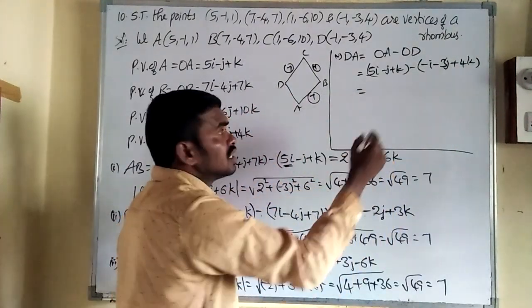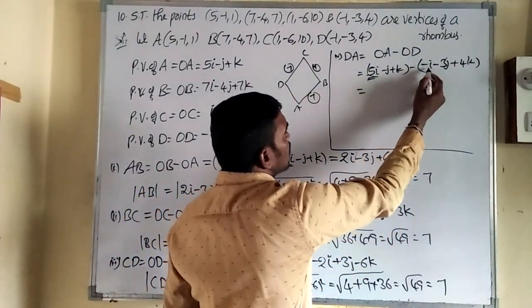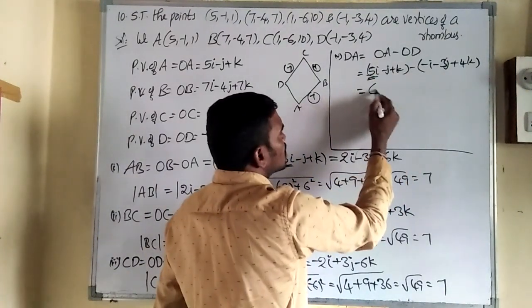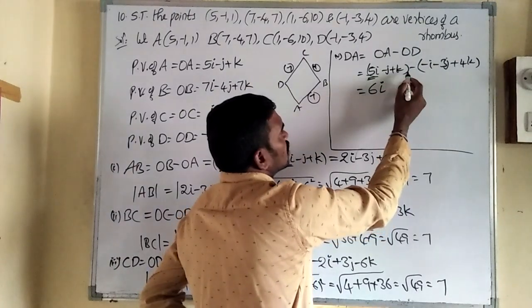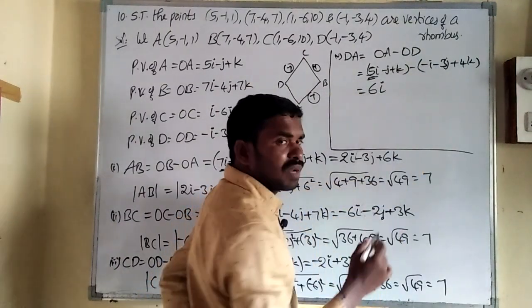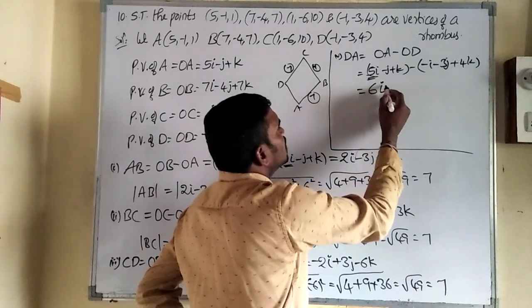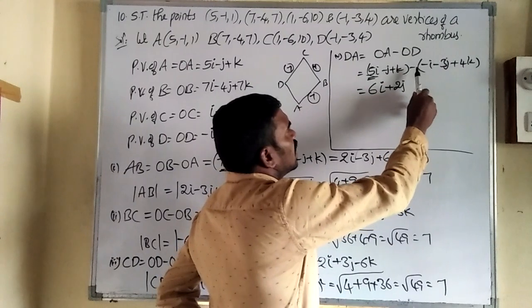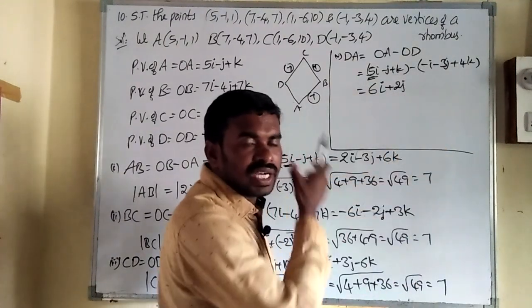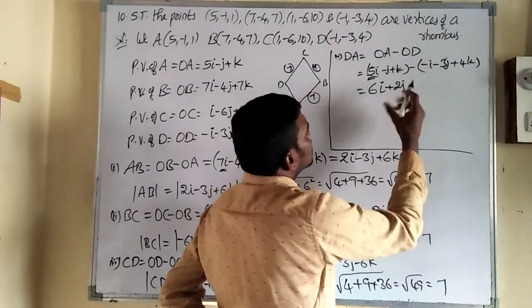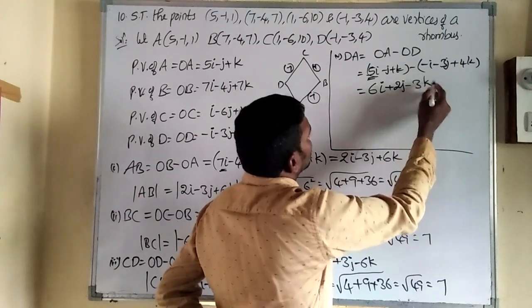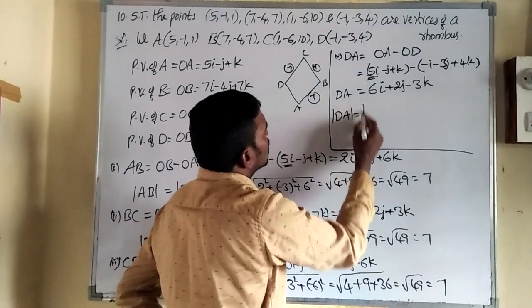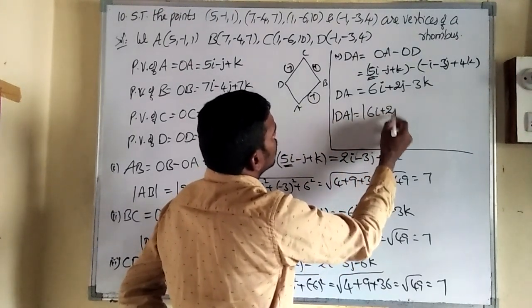So this is equal: 5i, minus into minus i becomes plus i, 5i plus 1i becomes 6i. Next j terms: minus into minus 3j is plus 3j, minus j becomes plus 2j. Next k terms: here 1k, here minus into plus, minus 4k; minus 4k plus k becomes minus 3k. So this is DA. Next, to find the length of DA, take modulus DA, that is modulus 6i plus 2j